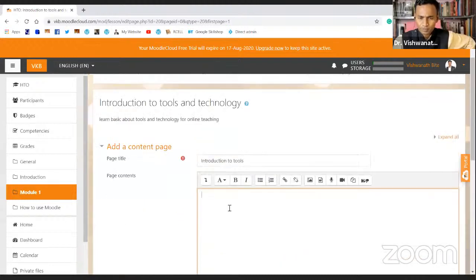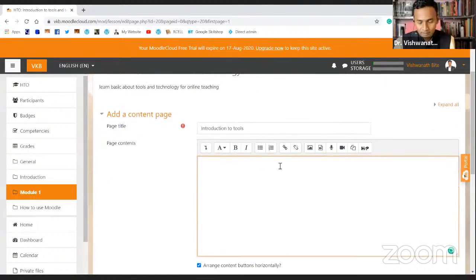You can just paste it in here, or you can do all the things that you want to do. You can also record a video and add it. You can record audio and add it. You can insert an audio or video file which is saved in your drive. For demonstration purposes, I will add one. First of all, I'll show you what are the things we can do.